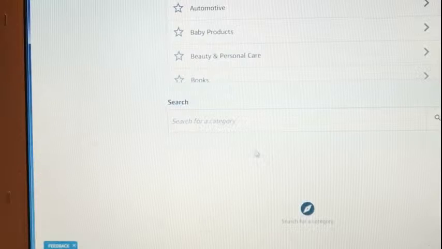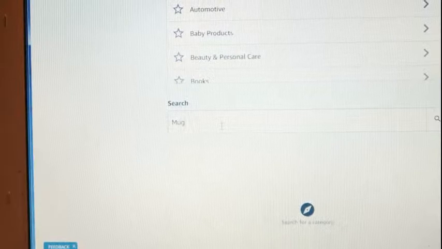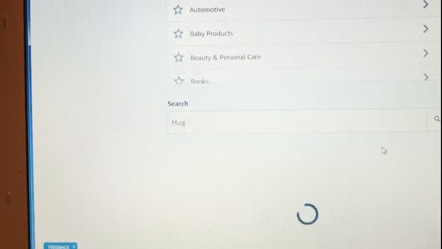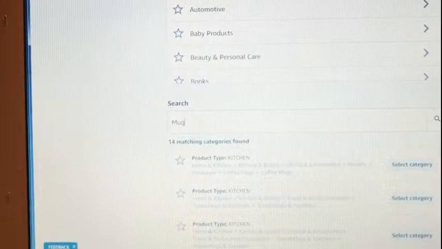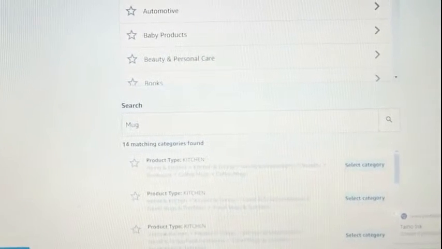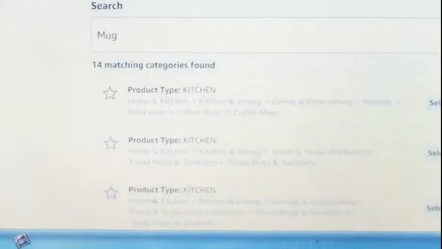What you do, like what I would do is I'm looking for a mug. So I would do MUG. And then when you do mug, it's gonna pop up in the drop down. In the drop down, and then you choose. So I would choose this because this is a mug and coffee. Oh, select the category. You gotta select the category, go through these steps, because if you don't, now here is